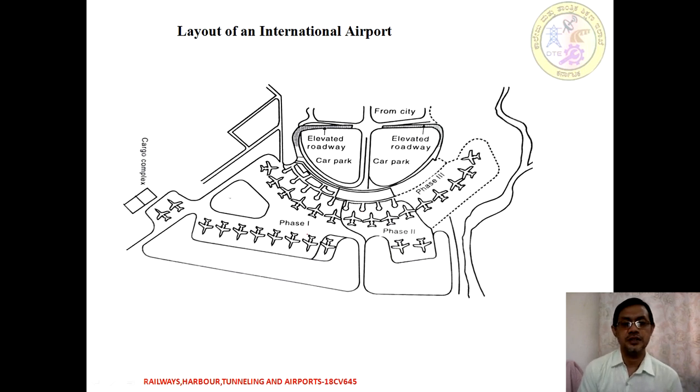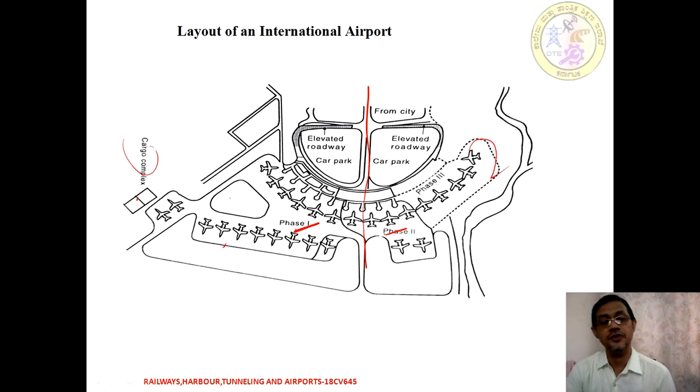Depending upon the sizes, it may be in a segment or in phased construction. Here is going to be phase 1. In phase 1 we can have the construction of an apron, terminal building, cargo complexes, or any other thing we can construct. The same thing we are going to expand in phase 2, with symmetry on either side for futuristic development.